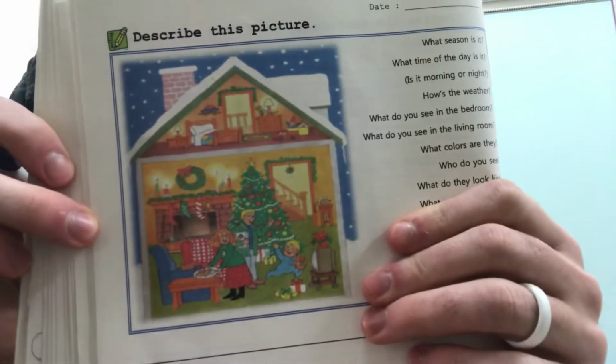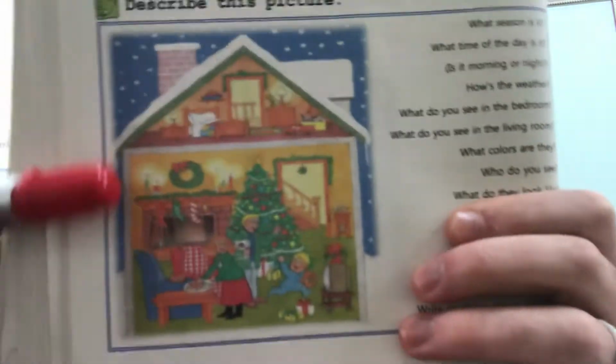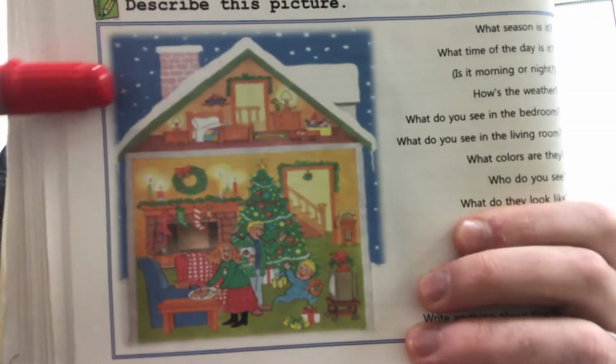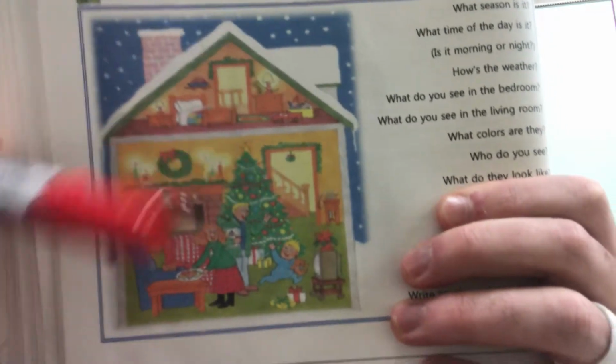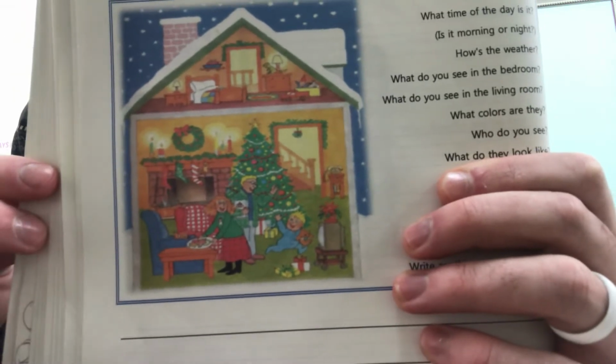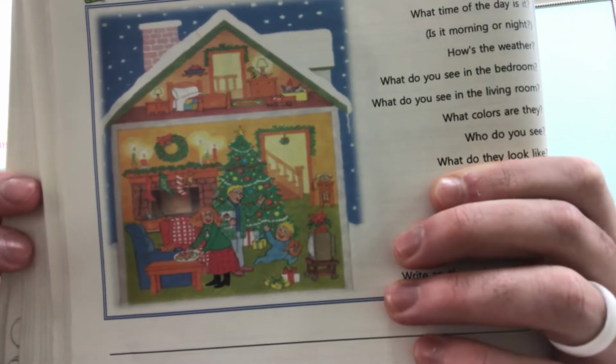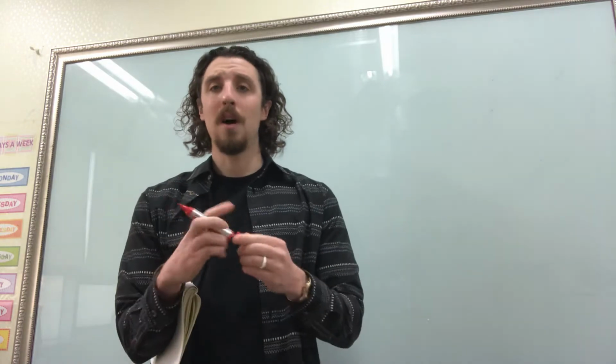Okay, let's look at question 1. Here's the picture. Question 1 says, what season is it? So let's look at the picture. What do we see? Well, we see snow. We also see, what's that right there? That is a Christmas tree. And when is Christmas? What season is Christmas in? Well, Christmas is in winter. So the answer for number 1 is